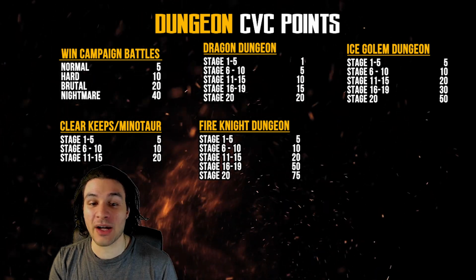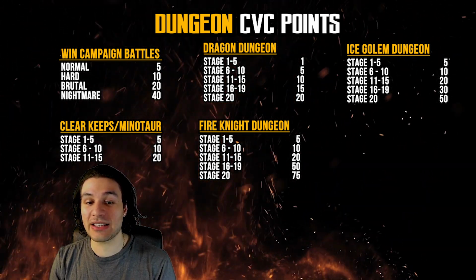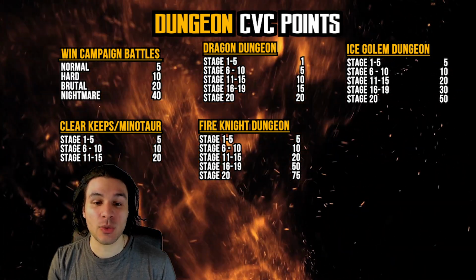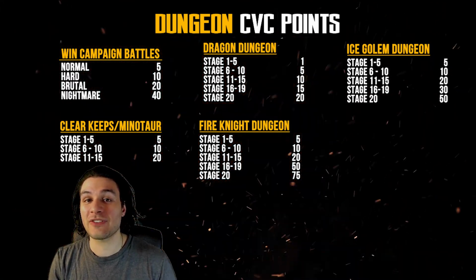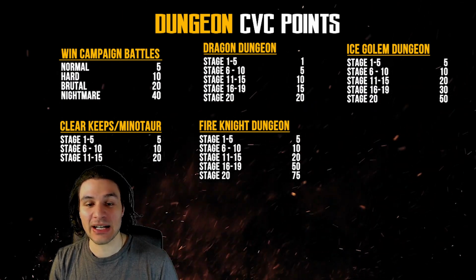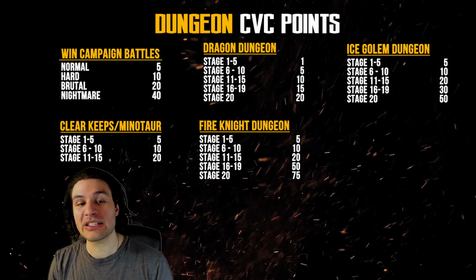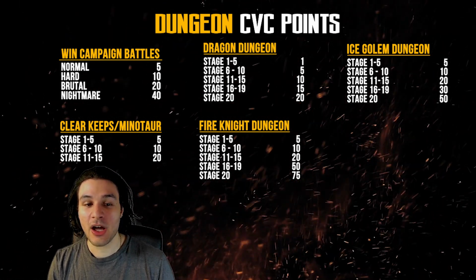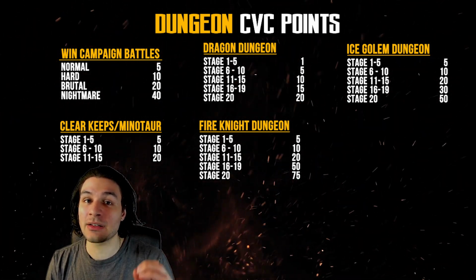Fire Knight Stage 1 through 5 is going to be 5 points, 6 through 10, 10 points, 11 through 15, 20, 16 through 19, 50, and finally Stage 20 is going to be 75 points, which is 25 more points than the Ice Golem. And not only that, it's 50 points above Dragon. So Fire Knight is going to be highly benefited as the most beneficial dungeon outside of the next one, which